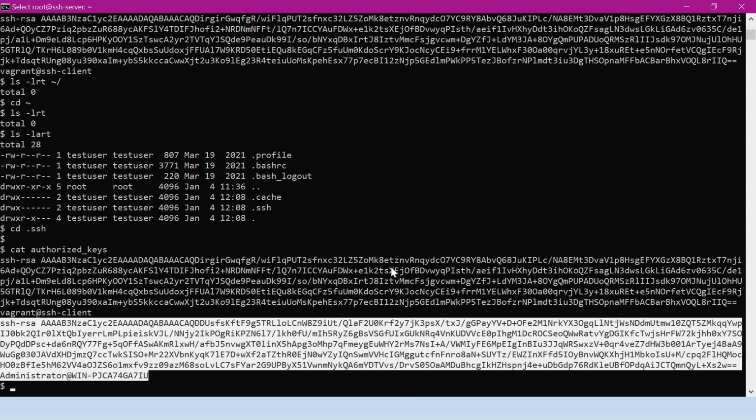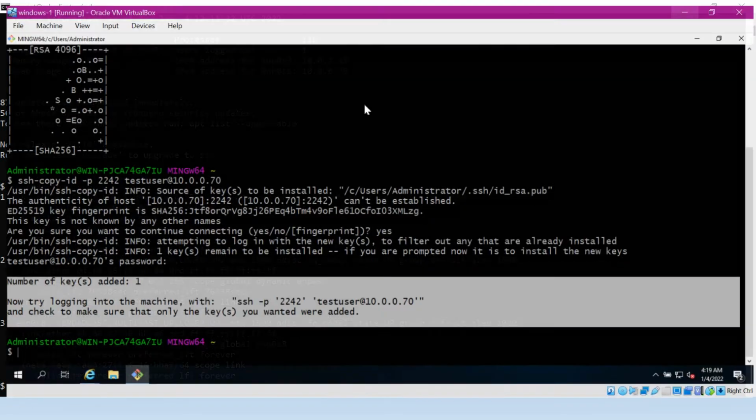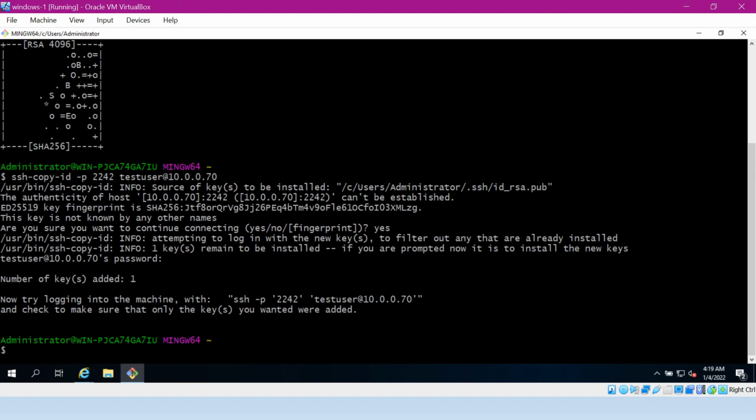Okay, we can establish the SSH connection now from the Windows client to Linux. There are two ways we can establish it. Directly we can use the SSH command here, or we can use PuTTYgen to generate a private key. Let me do the first thing. I can execute the SSH command here. This is one way, and the second way I will also show using PuTTY.